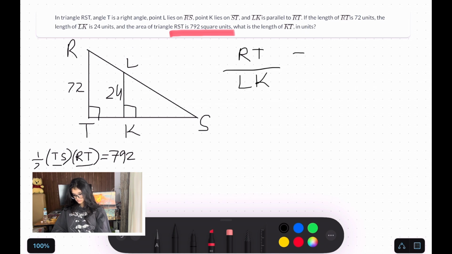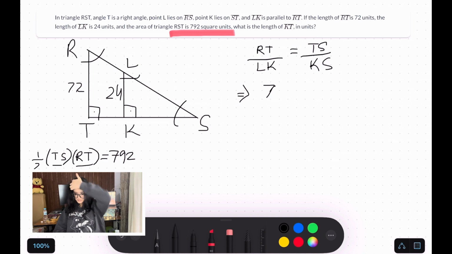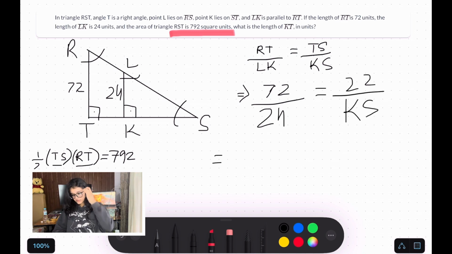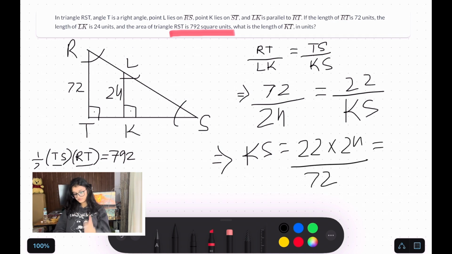Okay. Now we'll use the similarity of triangles and you must know this. So we get RT by LK is equal to TS by KS, right? We know 3 of those values, so we'll put that there and find out KS. So we get 72 by 24 is equal to 22 by KS. Do the calculation, I'll put that in the calculator again, and KS is equal to